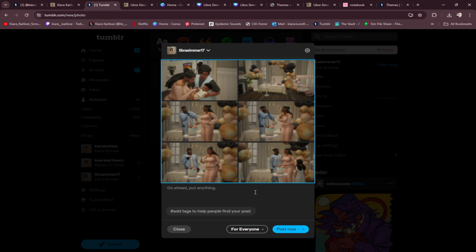The way I like to organize my post, and it's not unique to me because a lot of people do this, is I typically go ahead and write my captions first. The names of these Sims are Ivy and Dabari, so I'm just going to write a quick little caption. Ivy and Dabari throw a gender reveal